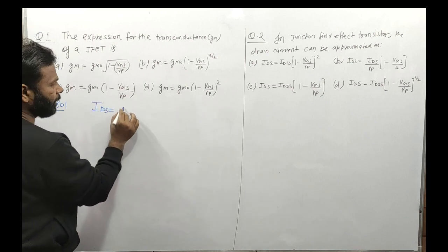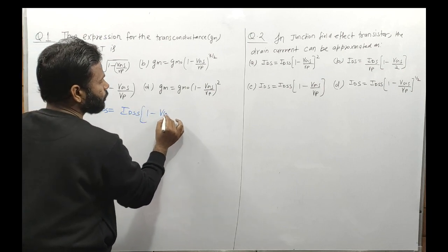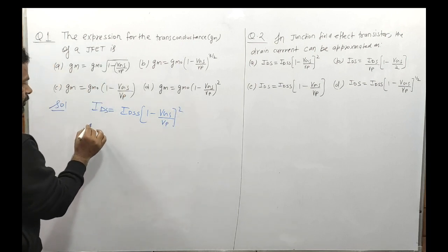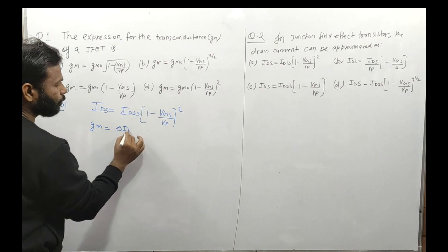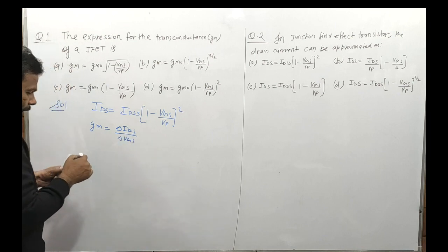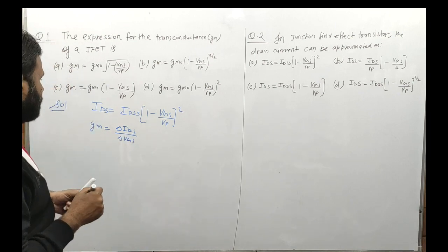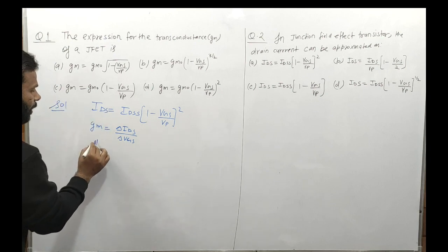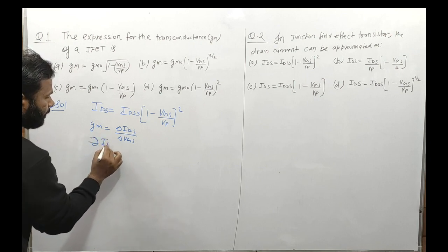IDS, the drain to source current, is the drain to source saturation current IDSS times 1 minus VGS upon VP का whole square. Now the conductance is what? The change in current, the change in drain to source current upon change in VGS. So क्या करते हैं हम, इस इक्वेशन को differentiate करते हैं with respect to VGS. So differentiating this equation with respect to VGS, it is del IDS